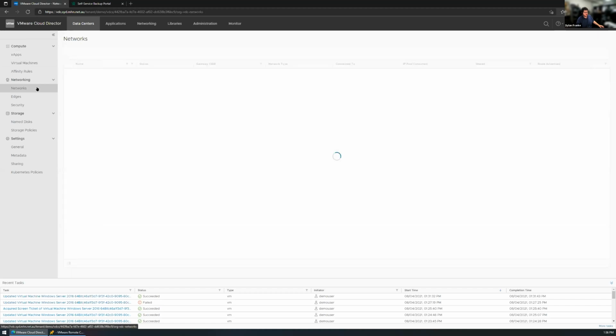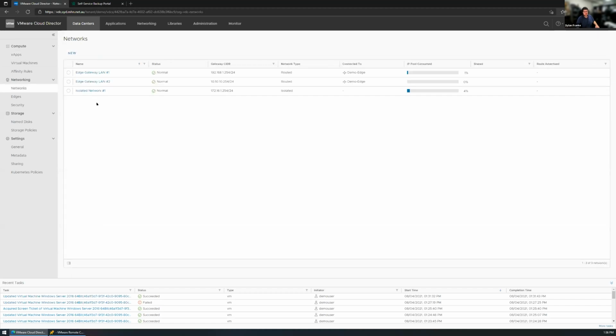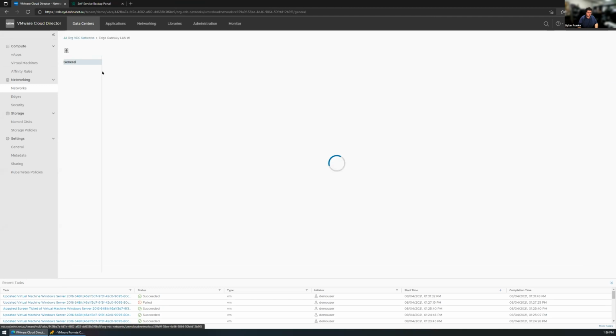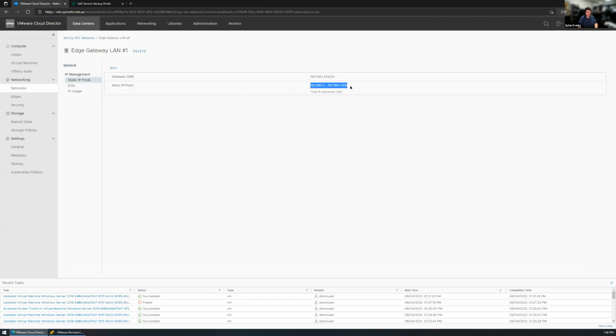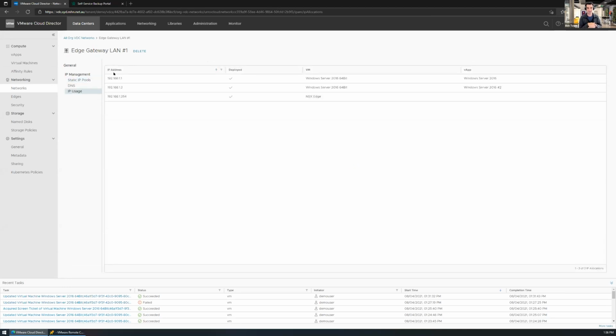Now, moving on to the networks a little bit. I mentioned before you can do IP pools. For the static IP pools, you specify a range of IPs, from start to finish, and it will just start divvying up the IPs automatically. It's like DHCP, but for a static IP. You can see here it's allocated this one to my edge gateway and the other two to my two VMs. So as Ben said, it's like DHCP, but without DHCP, there's no protocol to fail.